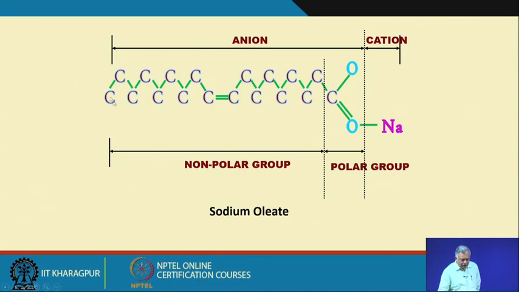Within this anionic part, you have a polar group and a non-polar group. The polar group should get adsorbed onto the surface of my mineral, and the non-polar group should be projected towards the fluid part, so that the entire surface of the mineral becomes